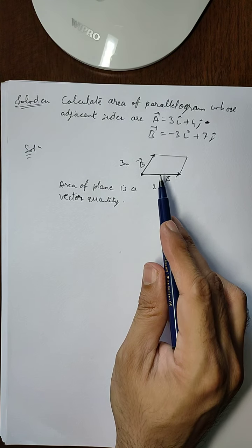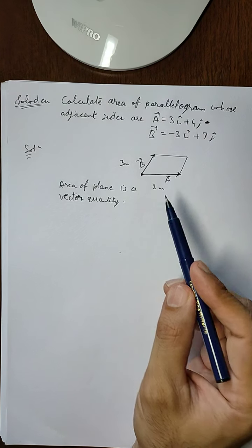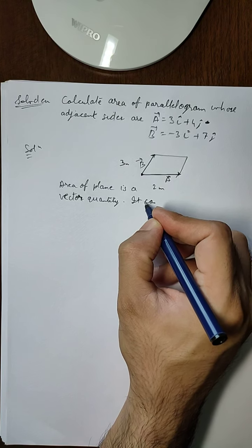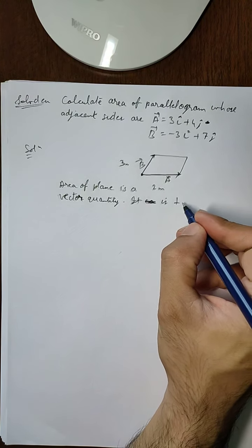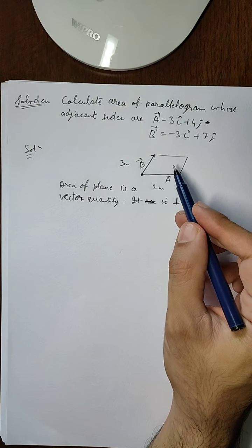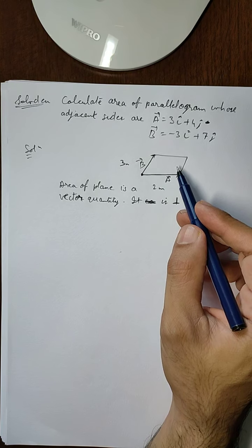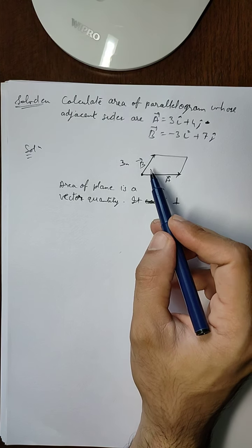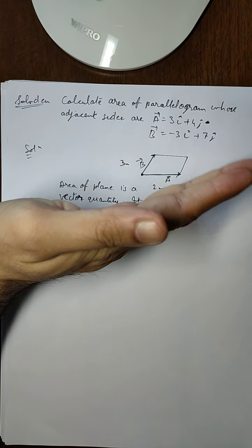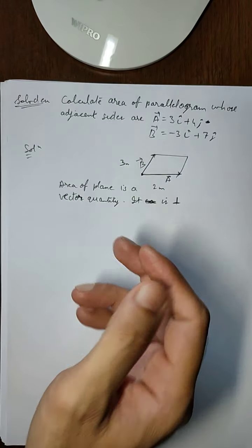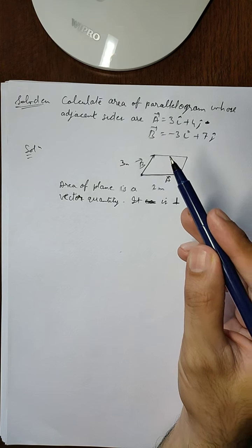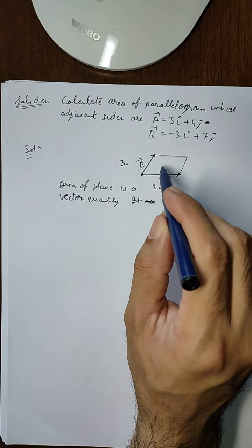Now how do we take the direction of the area? This direction is always perpendicular, but it is on us to choose perpendicularly upward or perpendicularly downward. So we are going to use the cross product, the vector product. If we are doing A cross B, then the thumb will be in the upward direction, so the direction of area will be perpendicularly upward. If we are doing B cross A, the direction of area will be perpendicularly downward.